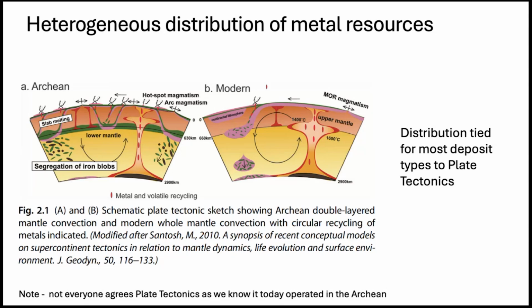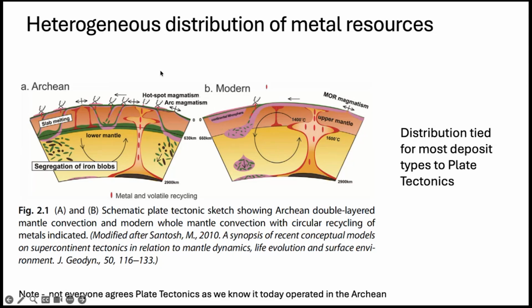This is from the textbook, and it shows that in the Archean, in their formulation, we had lots of subduction and lots of mantle plumes. Here we have a mantle plume coming up from the core-mantle boundary, giving us a hot spot. We have arcs with subduction, and more subduction here, with slab melting. If this model is correct, slabs presumably were able to melt because of the hotter mantle than today. Although, again, some people argue that slabs do melt in modern environments when they're young and hot.